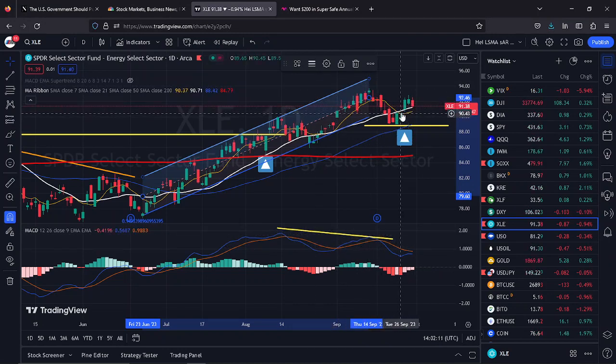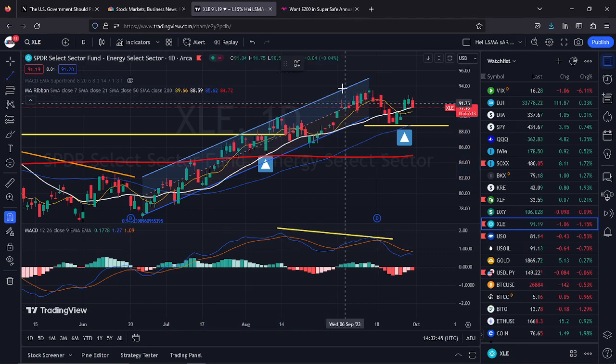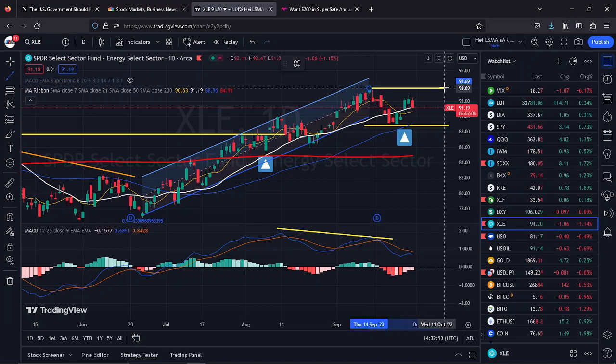This is why, although it broke up to the mid line above, right, it's hugging, it is above the 21 days moving average. Right? This is the moving average chart. Right? It's above the 7 days. Right? It's hugging the 21 right here. It looks like it stops here. Right? It might test the 7 and then eventually go up or go down. Who knows? Right? But within this channel, within the previous low and previous peak, right, the support and resistance, immediate support and resistance. Right, this is a resistance.